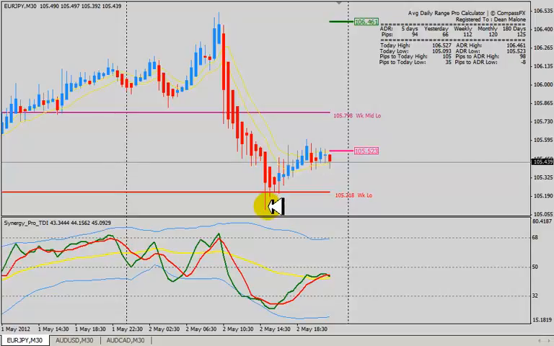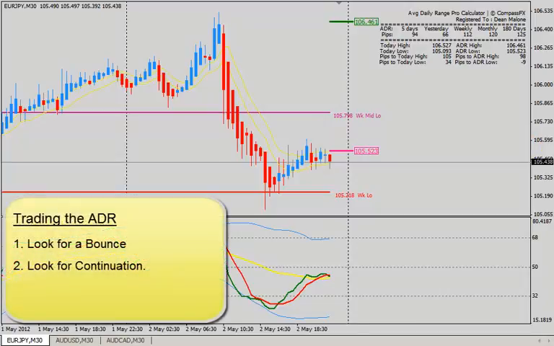Had we not had that, there would be a likelihood that we could have just settled a little bit up and down right here, maybe retraced a little bit higher up. So again, when you reach the ADR level for the day, in this case we reached the 94 pips, look for a bounce back towards center, unless there's some economic event that's going to drive it further. In this case, we had that ADP announcement and we pushed lower, but we settled back towards the ADR low